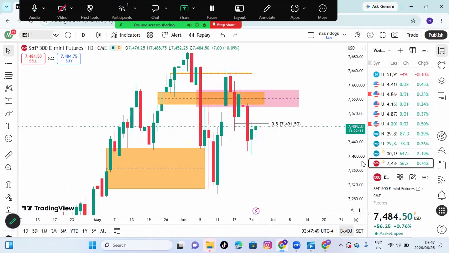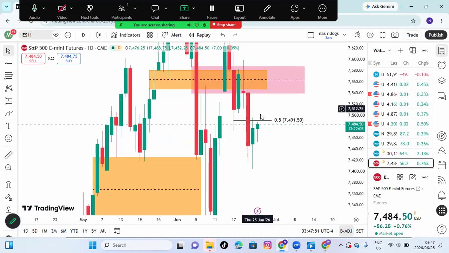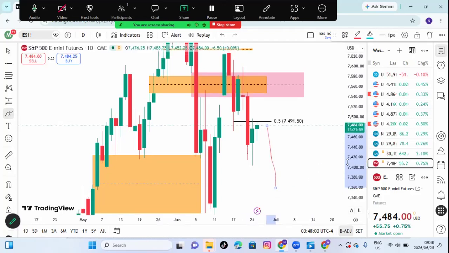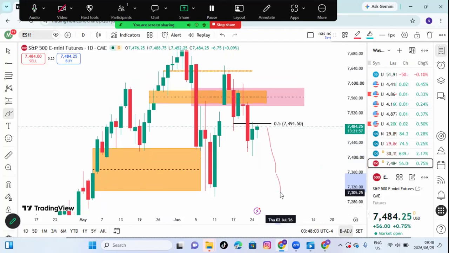So I don't want to see bodies here on the upper half. As long as we are below this, I'm gonna remain bearish here, right? I wanna see lower prices as long as we are below this on a daily basis. So today, I don't wanna see the market close above here. I wanna see the market close right below this level. It can wick above, it can do that, but I don't wanna see bodies on the upper half here. And then that's gonna be another shot.